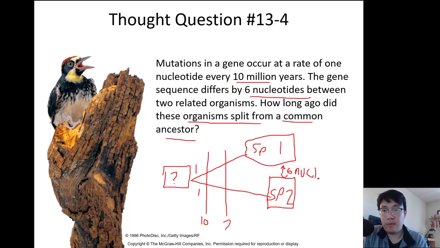Now, another 10, which now we're reaching 20, within this 10 million year time frame, another one gets mutated and another one. And then within this next 10 million years, another one and another one gets mutated. So a total of 30 million years have passed since SP1 and SP2. Now remember, each pathway moves independently from each other. But every 10 million years, each of those organisms is going to mutate 1 nucleotide. So it goes 2 at a time.